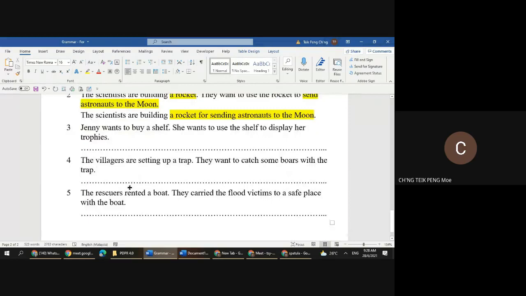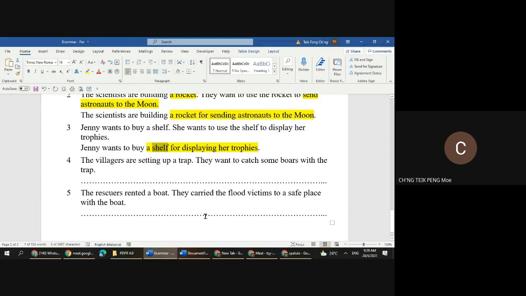Number 3, Jenny wants to buy a shelf. She wants to use the shelf to display her trophies. Okay, she wants to use the shelf to display her trophies. Again, Jenny wants to buy a shelf, okay, for displaying her trophies. Yes, any question? No. Okay, so a shelf for displaying her trophies. Okay, so this is used to talk about the function. Okay, fungsi shelf itu. Shelf maksudnya rak lah, rak